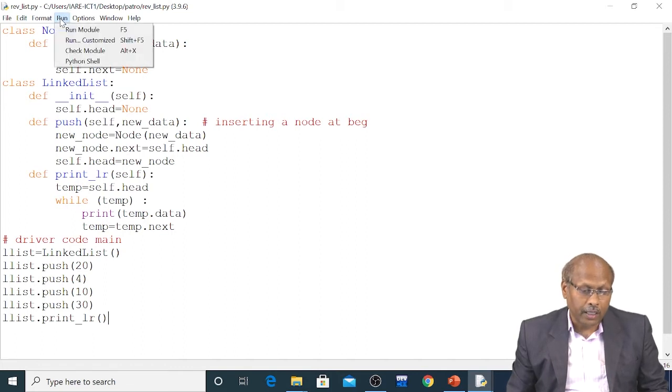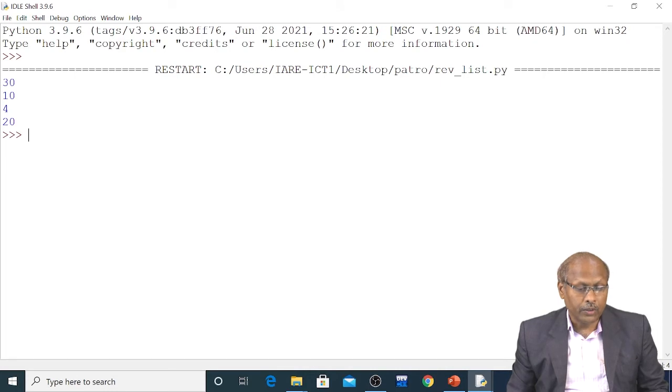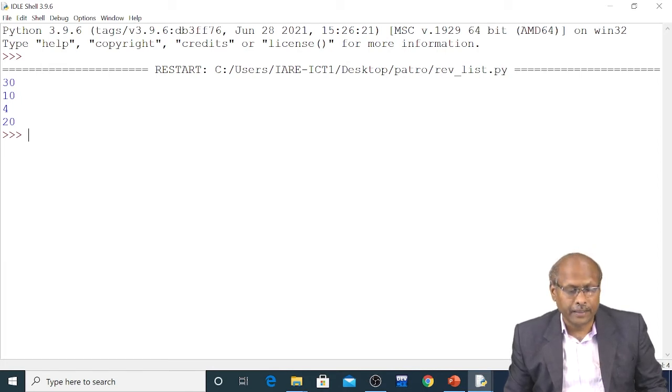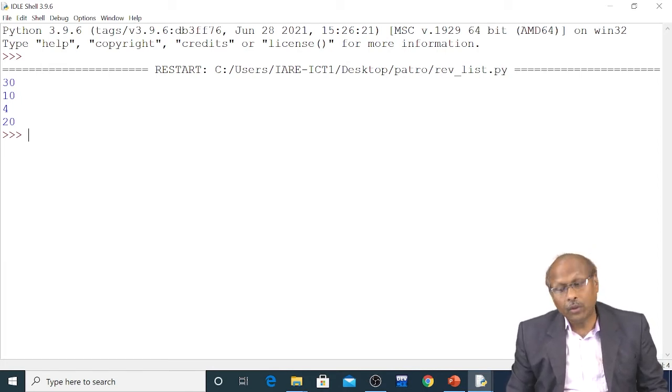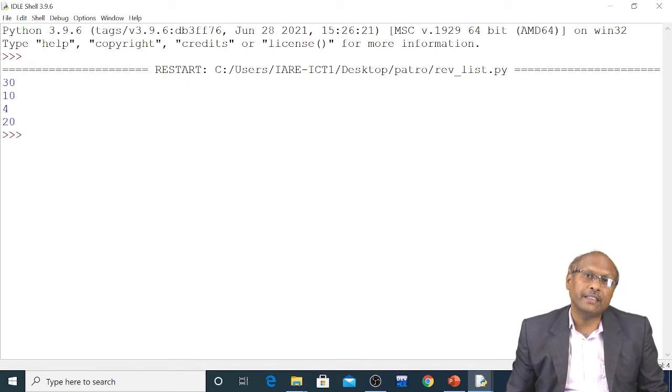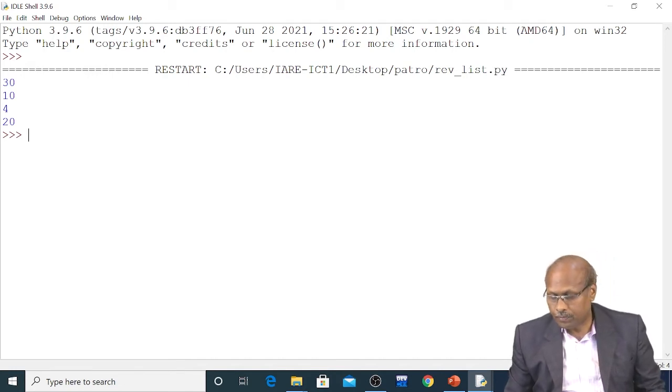Now for running, come to run and press F5. Yeah. So 30, 10, 4 and 20. It has displayed the data. Now you have to display the data in the reverse order.